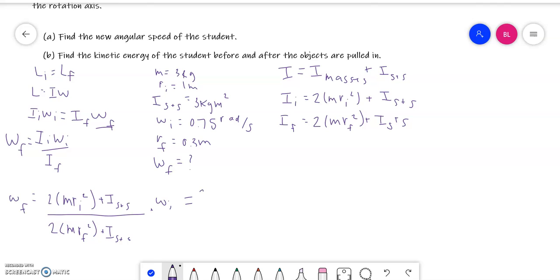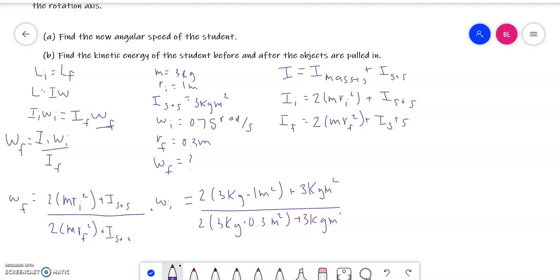So 2 times the mass of 3 kilograms times the initial radius before he moves his arm in of 1 meter, plus it tells us the moment of inertia of the student plus the stool is always equal to 3 kilogram meters squared. And this is divided by the final moment of inertia, 2 times 3 kilograms times the final radius squared, so 0.3 meters squared,